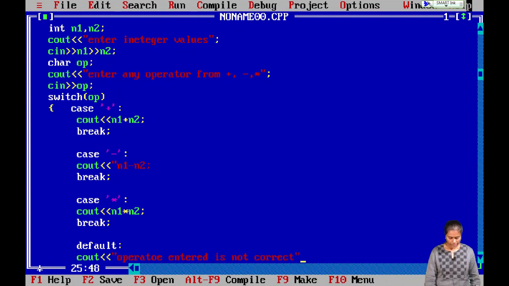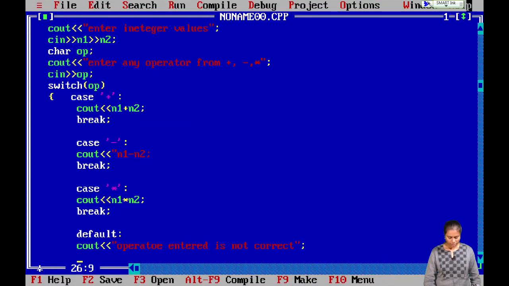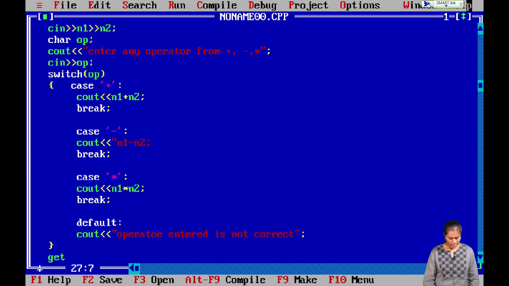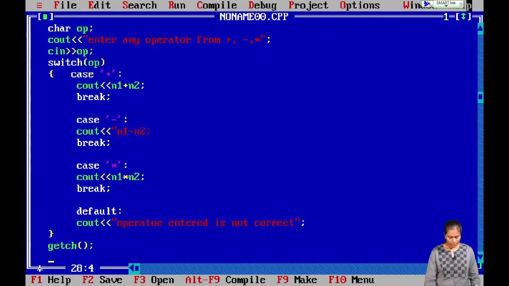This default statement doesn't need a break statement, as it is the last statement available. Once we are done with the switch statement, we close it with a bracket. Now we finish the program with the getch function, come down, and close the main program.